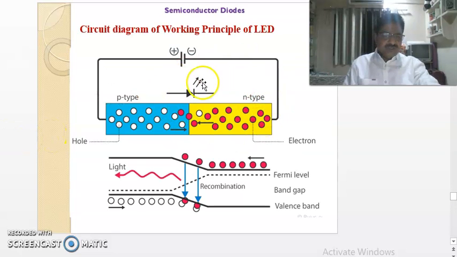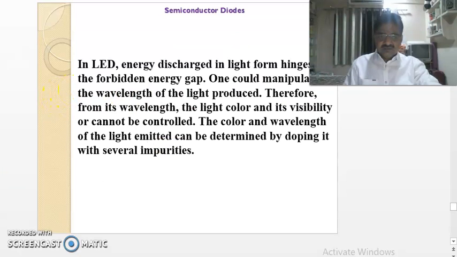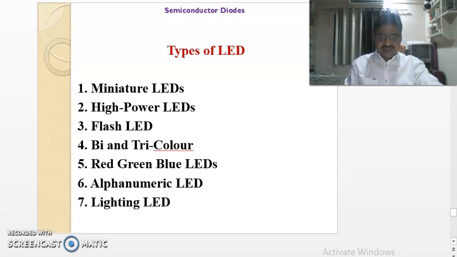With the help of this figure, we have seen various types of LEDs, like this miniature LED. What is LED? Whenever it is asked, then you can say that it is a semiconductor PN junction diode, and when it is connected in forward bias, it emits light. That is said to be LED. In this way, these are the types of LEDs we have seen one by one.